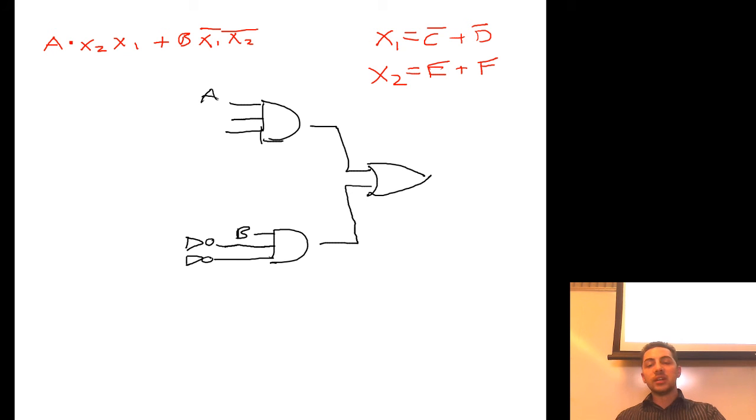Then I've got to build x1 and x2. x1 looks like this, C, D. So I can take x1, and let's do it in green just to make things make sense. Goes there,